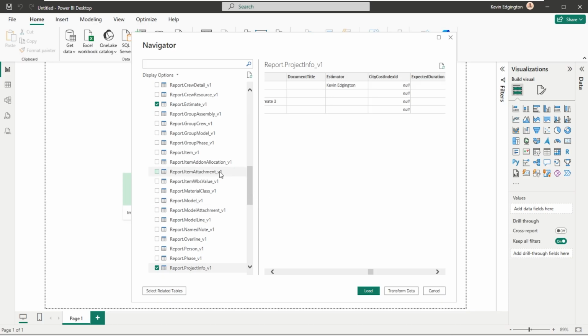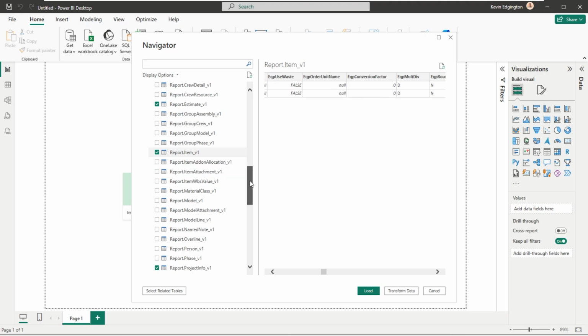Another very key one is this item one. This is every single item that's in your estimate. So if I go ahead and click on it and take a look at it, for an example, it's going to have my line items, my sequence numbers and things like that. And it's going to basically have my phase, item, description, takeoff quantity, waste percentages, crews, labor, material, sub, equipment, other, all the different WBS codes that I can associate with an item. Pretty much everything about that item is stored in this table.